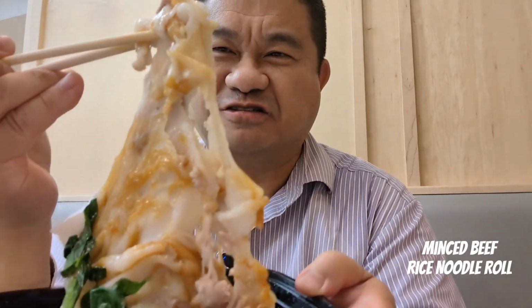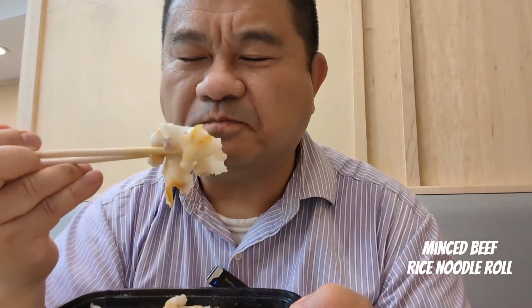Seems to be okay, but it seems to be very sticky and very starchy. I'm having trouble actually removing it from the entire block of rice flour, you see. So yeah, it's okay to eat, but